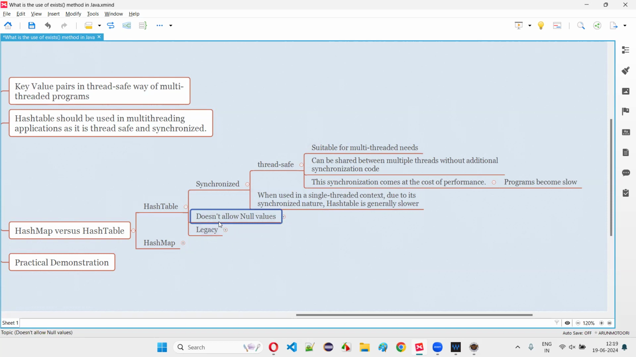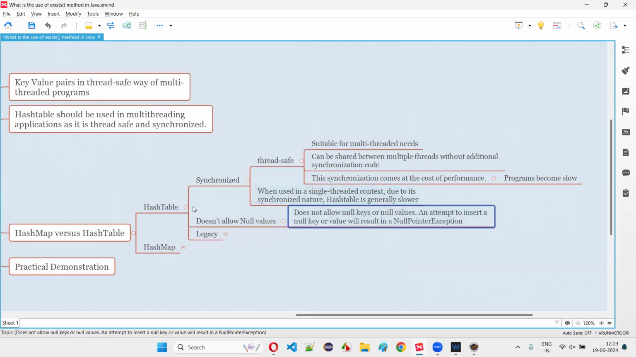And the next thing about the hash table is it doesn't allow null values, guys. If you try to store any null values into the hash table in the form of key value pairs, then you'll get a null pointer exception. So these are some extra things. The main thing for when you have to use hash table is the one above, and the extra things are like it doesn't allow